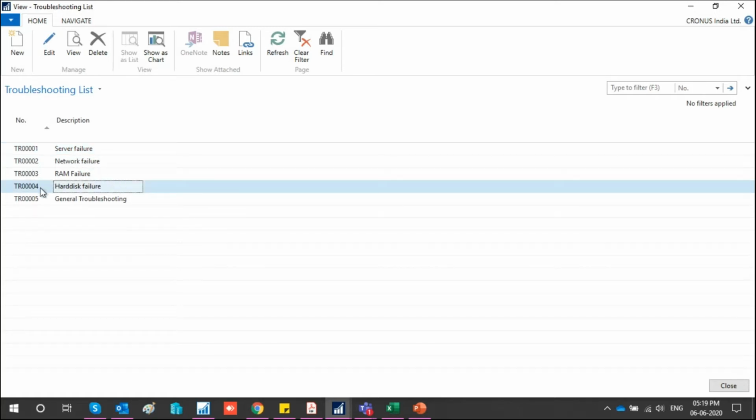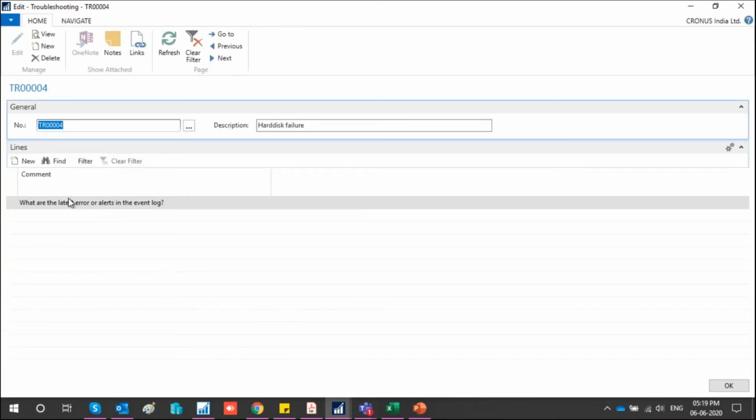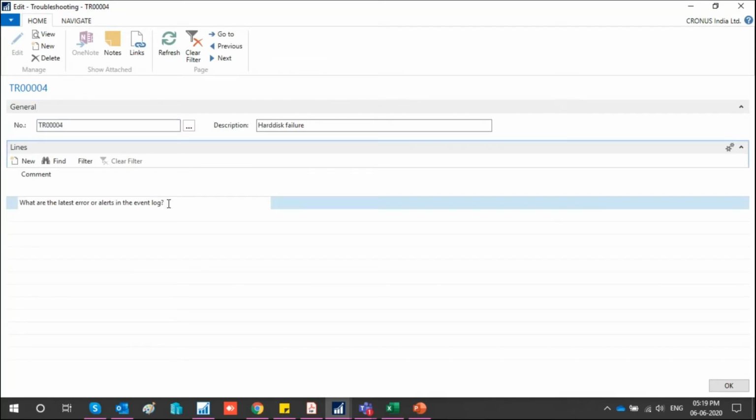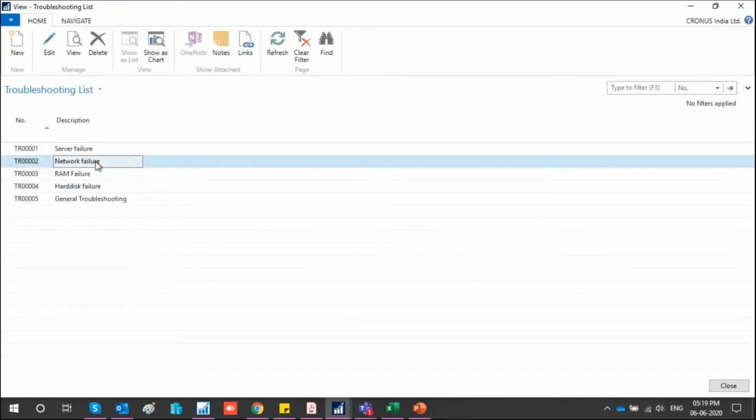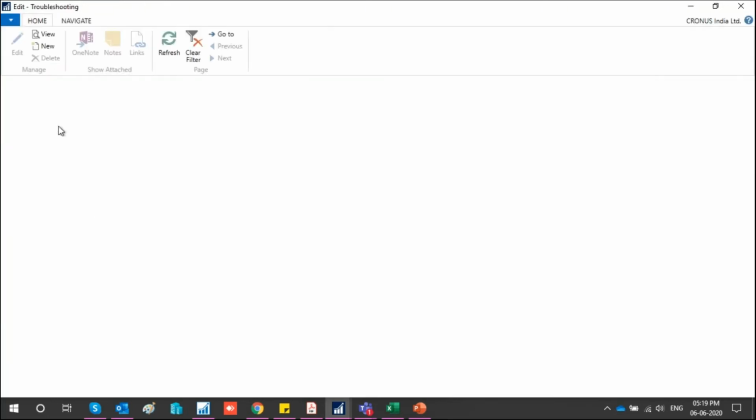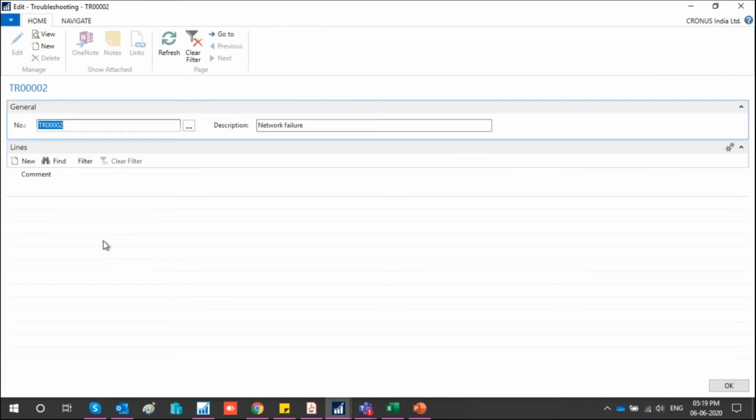If I go to hard disk failure and I click on edit, then you can see that one comment is there: what are the latest alerts in the event log. So what happens is that if I as a consultant am working on an issue and that issue belongs to database, then I have a troubleshooting guidance that you have to check these few things first before arriving at a conclusion. For example, let's say network failure, they will find more records.